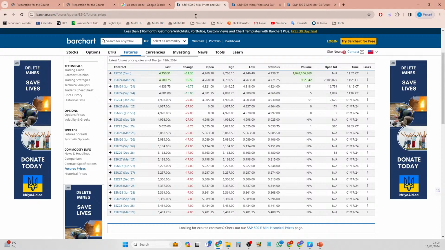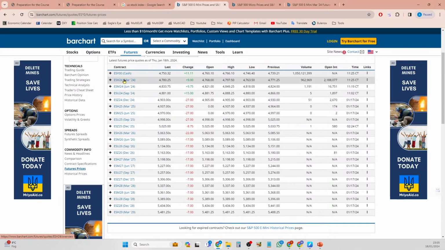So you can bookmark this page and track these values going ahead. Whenever the expiry for March is near, this open interest is going to reduce, the volume is going to reduce, and for the next one, both these numbers will be higher. That is when you should switch from the March contract to the June contract. I'll again remind you when we are closer to that, but this is just additional input that you have right now.